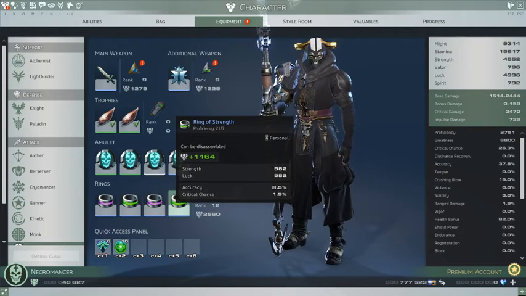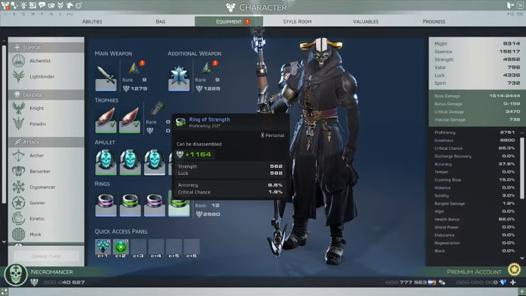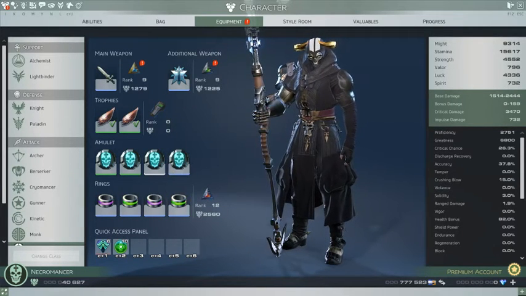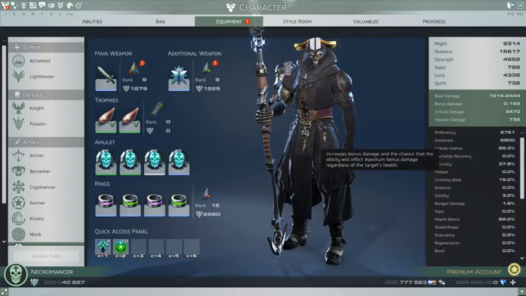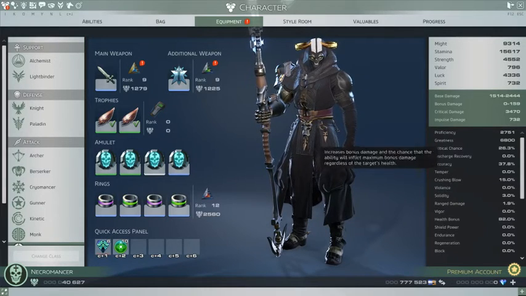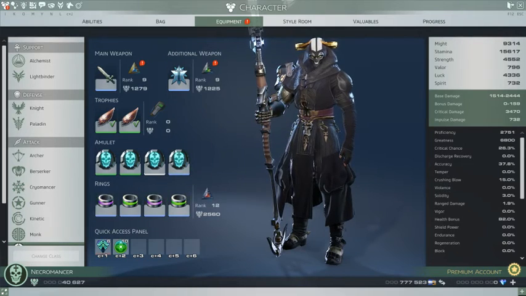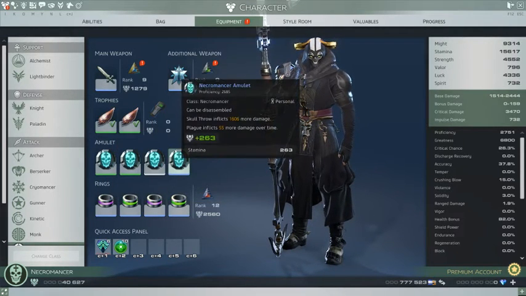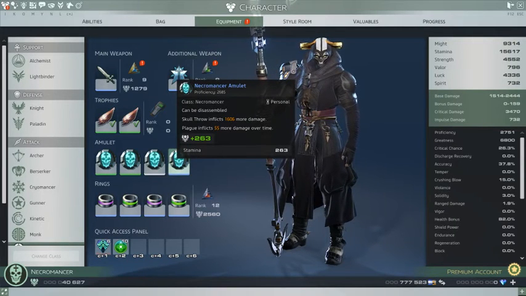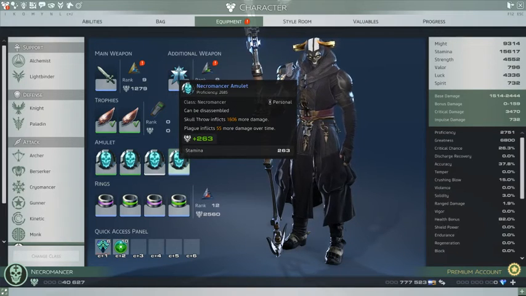This is the ideal ring you want in every slot if you're doing a strength luck build. You will see some necromancers running valor temper, so strength, valor, temper, or anything with valor and temper on it. You want the temper to be about 40 or 50% to be efficient, and you can be running a good valor temper build. And on my amulets, ideally I would like Skull Throw and Plague, or Plague and Hellfire, just